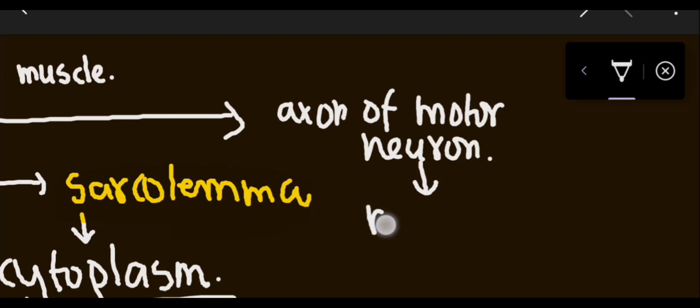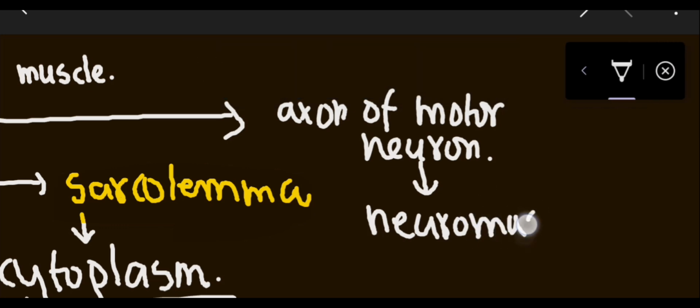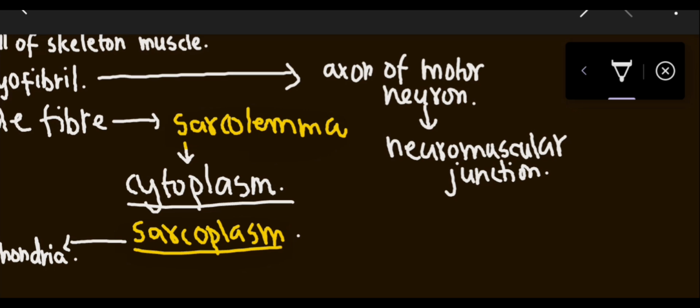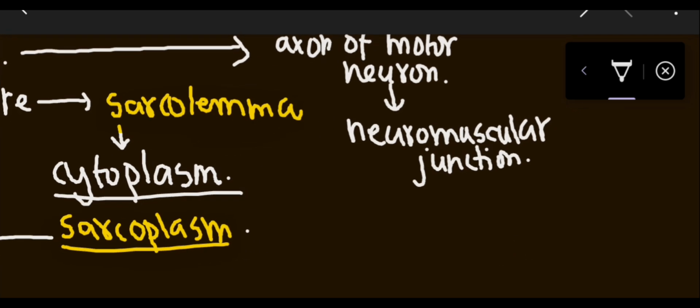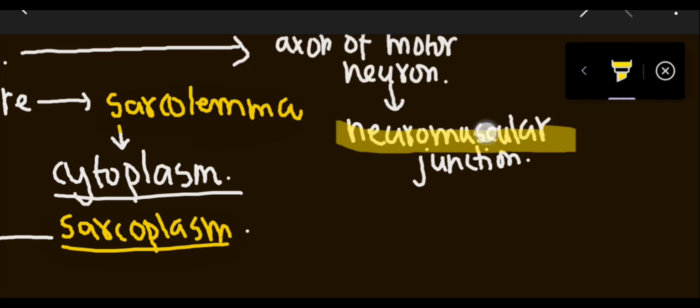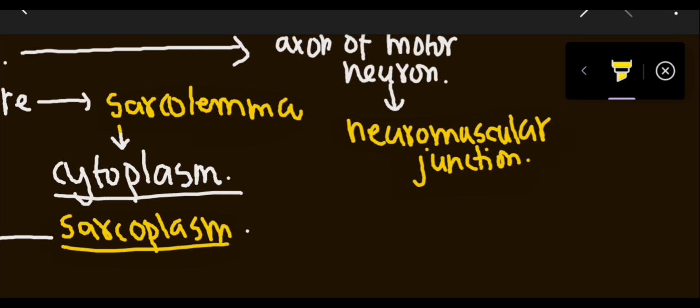So this myofibril is connected with the axon of motor neuron at one place, एक जगह पर, that place is known as neuromuscular junction. Okay. Now this is a specific neuromuscular junction where mitochondria are abundant, ये एक specific neuromuscular junction है जहाँ पे mitochondria abundant होते हैं for the proper supply of nutrients,